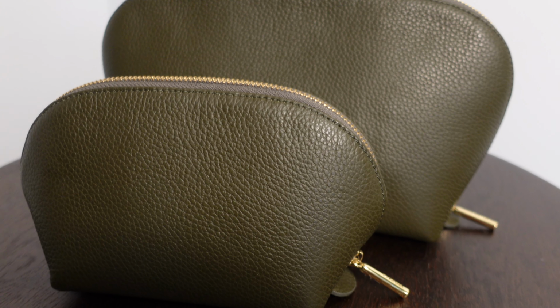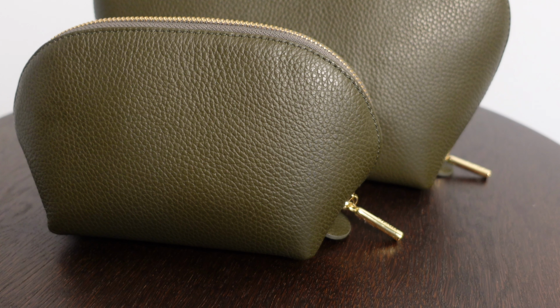I have them in this really nice dark olive color. I think it looks really expensive. It looks really luxurious. The leather is that really sort of hard wearing grained leather. And I think it's one of those things that the more you use it and the more it lives with you, it will patina and it will just look really weathered, but in a good way. So yeah, I've been really excited about using these, and it's just been a really good addition to